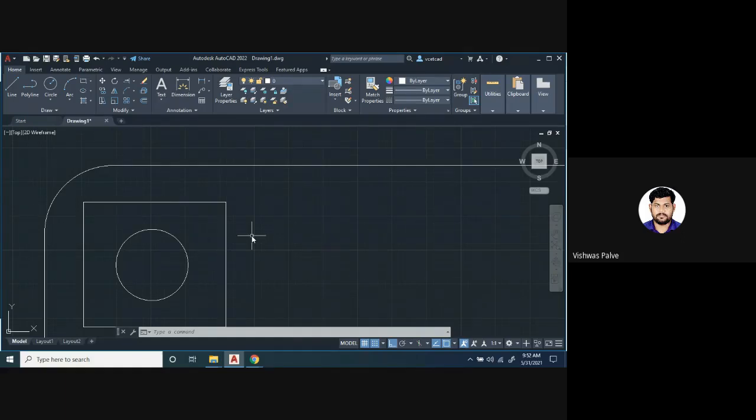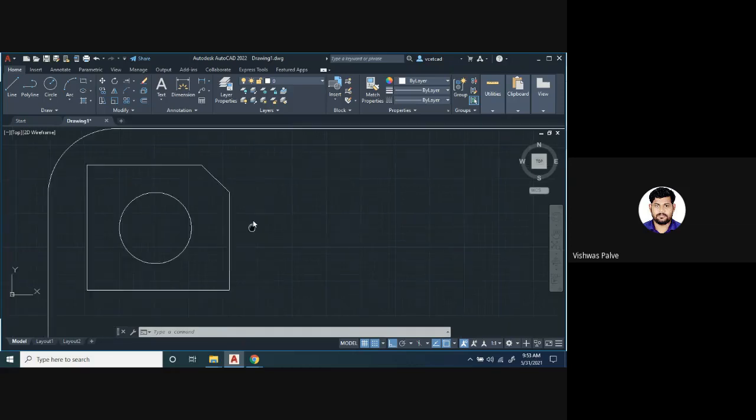Because we have to specify the angle or distance. There are two methods for giving the chamfer. So select the chamfer, then you can select directly on the command line distance or angle. First I will select D enter distance. It will say select the first chamfer distance. So I'll say first chamfer distance 10 mm, second chamfer distance 10 mm. Select the first line, select the second line. So you will get a chamfer there. So we need to give a distance. First distance 10 mm, second distance 10 mm.